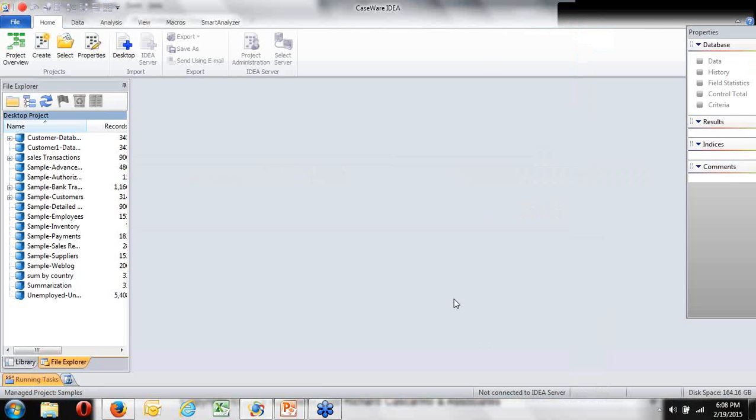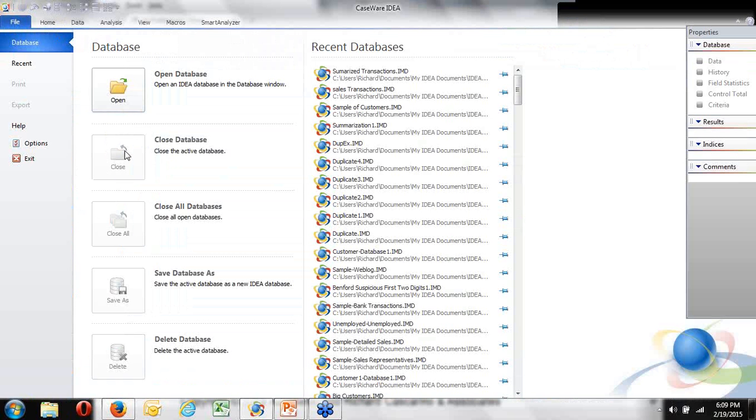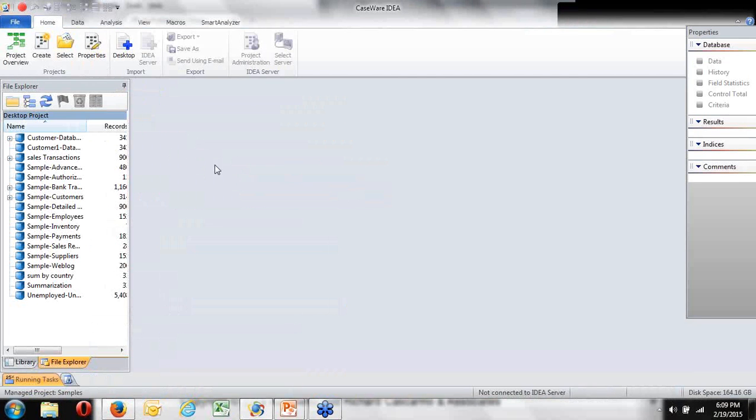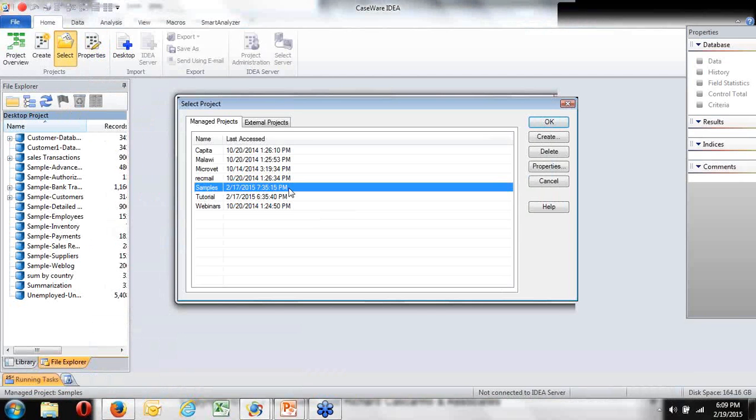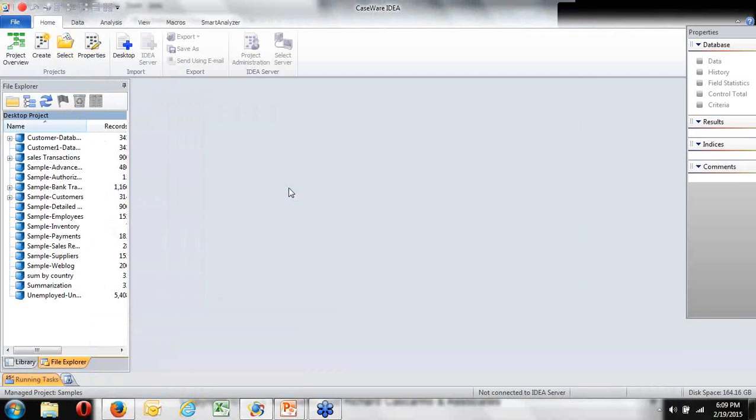Now, if I was starting from scratch, I would be closing my active database or opening a given database, whichever we choose. In this case, I'm going to go in the selecting the existing project, and the project I'm selecting is samples, which happens to be the one that we used on Tuesday.